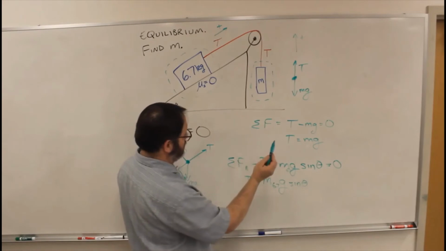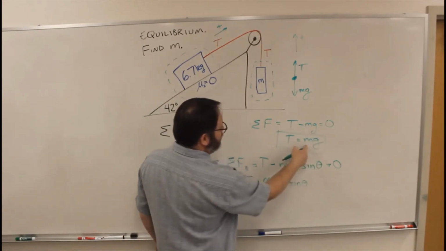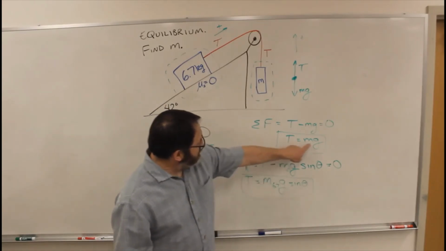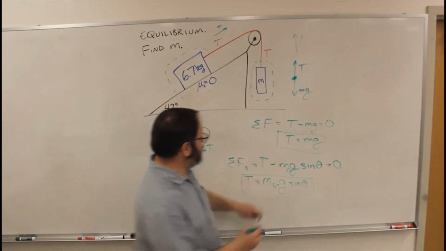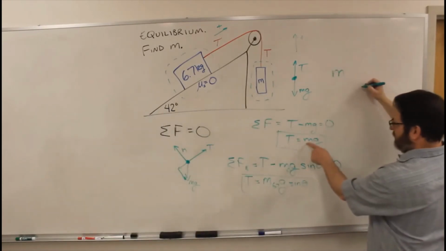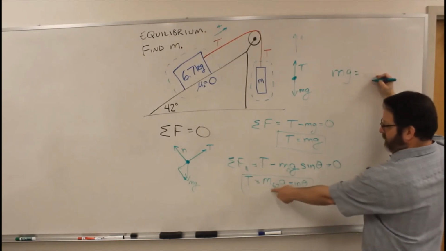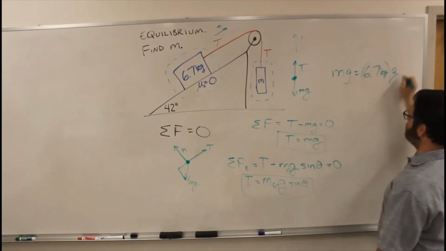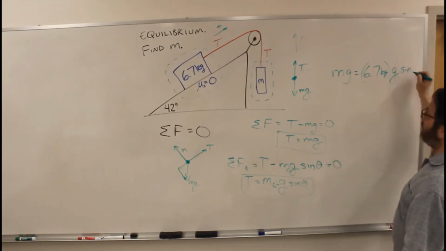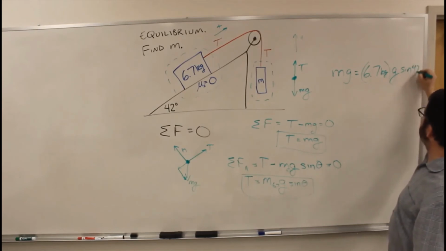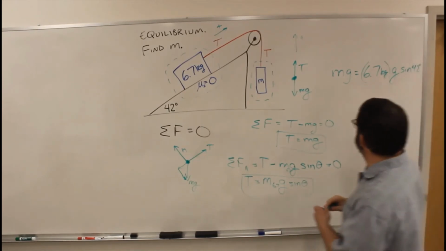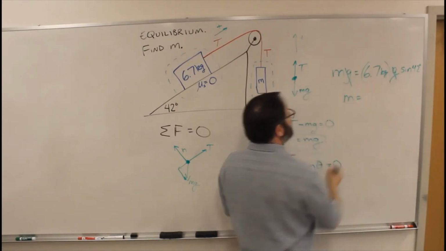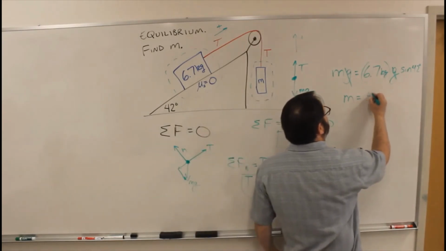Now I know I'm looking for this m, and I have this. So these T's are the same. This must be equal to that. So the m that I want times g has to be equal to, this is 6.7 kilograms times g times sine of 42 degrees. G is on both sides, so those cancel. So that means m equals 4.5